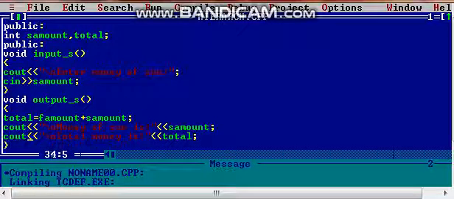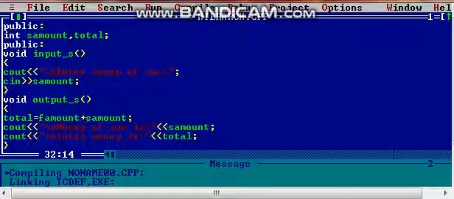Now output_s, sorry, this is to print the money of son and the total money. See what I am doing here: total is a variable here. I am doing total = f_amount + s_amount, means I am adding the son's amount and the father's amount and assigning it into total.